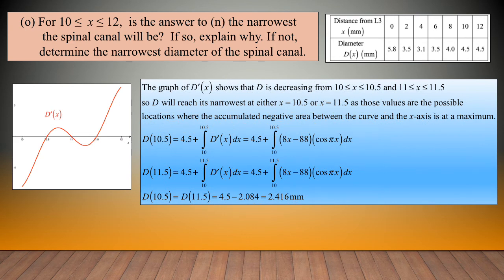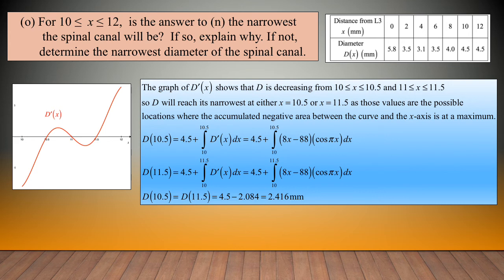To do this, we look at a graph of d prime of x, shown in red, and we see that d prime of x is negative between 10 and 10.5, and then again at 11 to 11.5, and that means that d is decreasing from x running from 10 to 10.5 and 11 to 11.5. So that means that d will reach its narrowest at either x equal to 10.5 or x equal to 11.5,